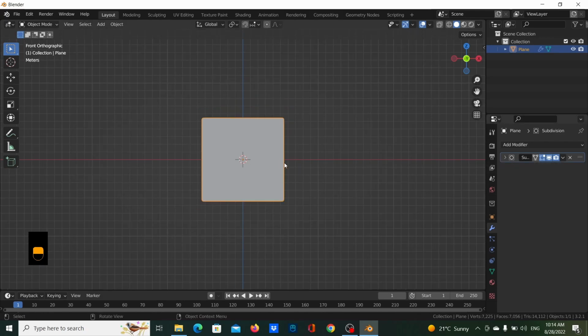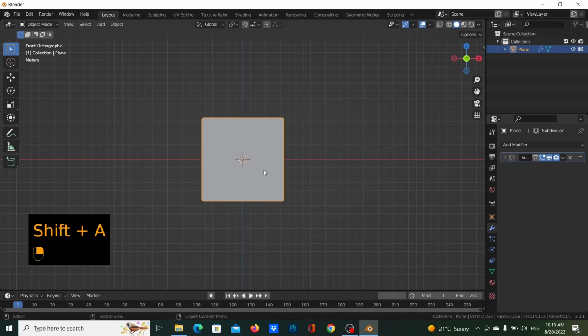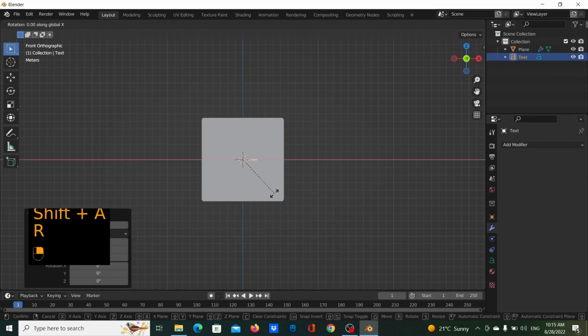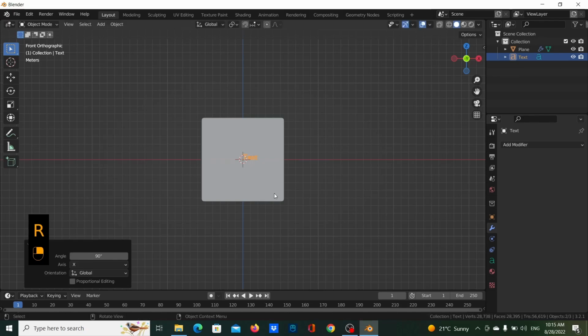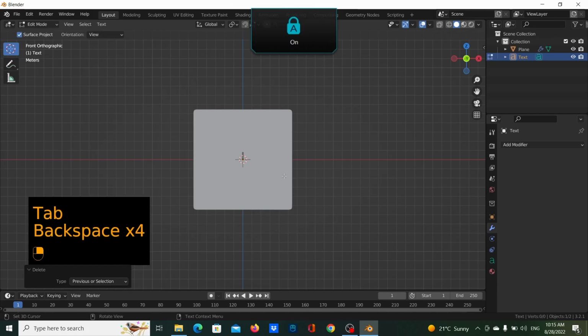Now let's get a text, and we're going to use this text to actually carve the logo design onto this plane. So I'm going to show you how I do that. So I'm going to get a text, so I'm going to say Shift A and select a text. I'm going to bring this text onto my view, and then I'm going to select R,